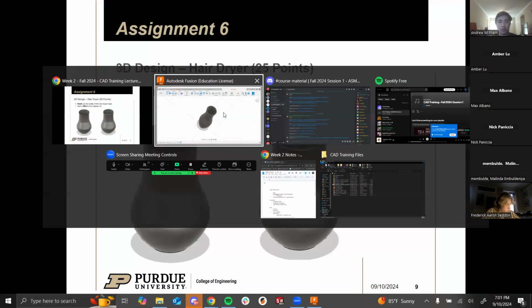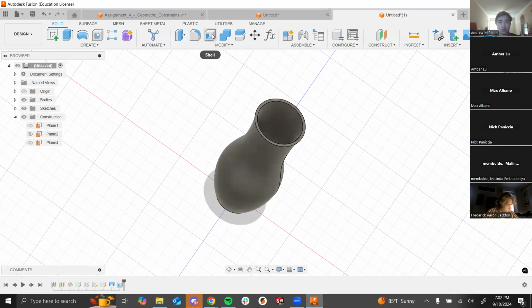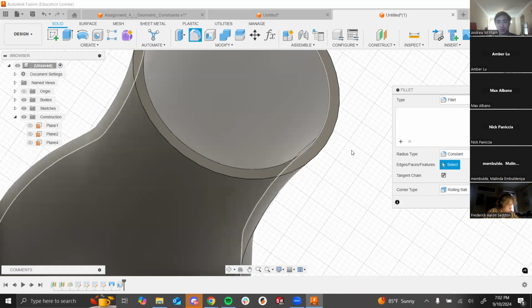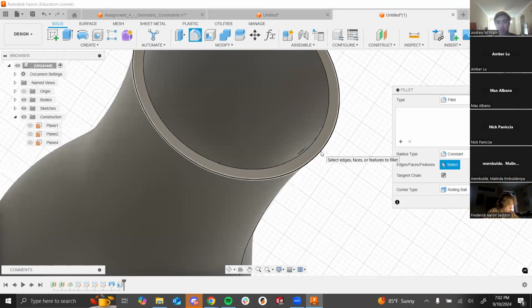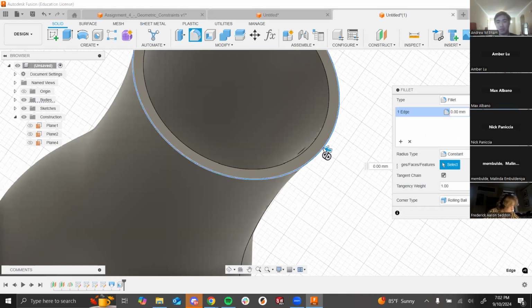Oh, wait, I forgot to fillet it. So next to the shell is the fillet tool. I'm going to select this outer edge. Again, I'm specifying that I'm selecting this outer edge and not the face, and you'll see why later. So select the outer edge and not the face,